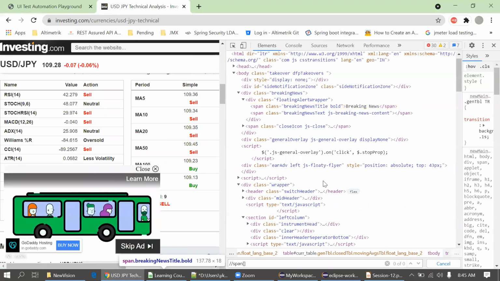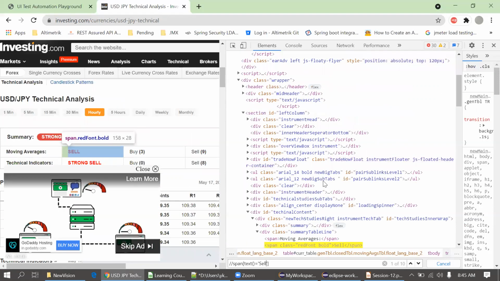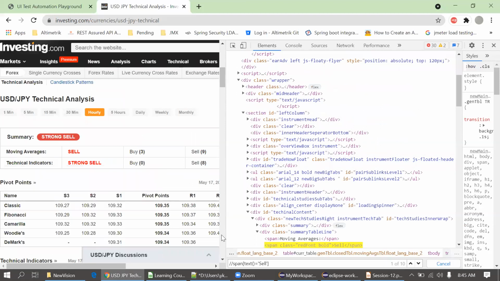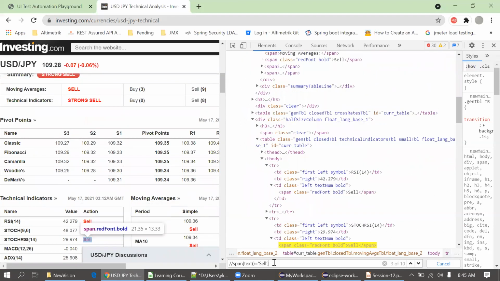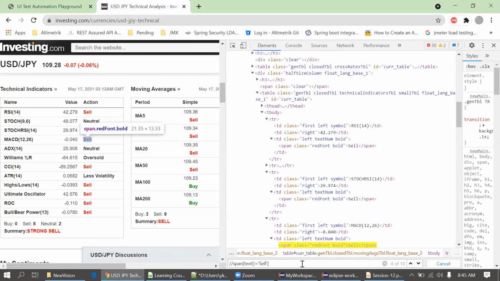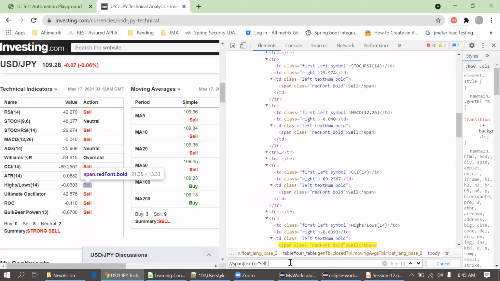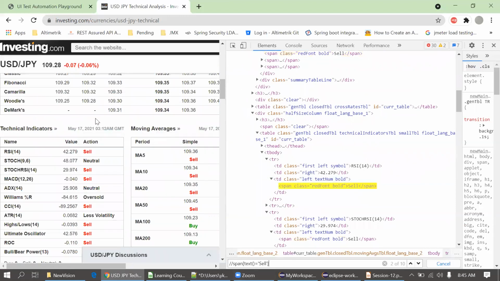Span, text is equal to Sale. Now this site is not very stable actually, giving an error every time. Okay, so I can see only a few elements I'm getting here. This site, only from this technical indicator table. Okay, this one, this one, this, and this is the last one. So I'm not able to locate elements from this table actually. So to locate the element from this table, I have to put the space here.